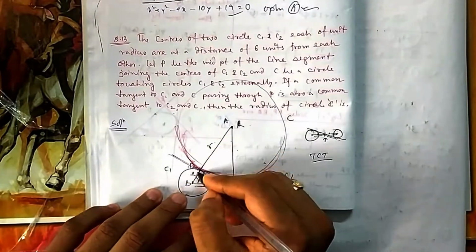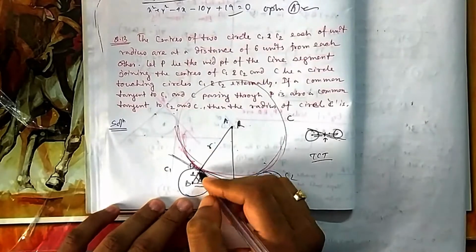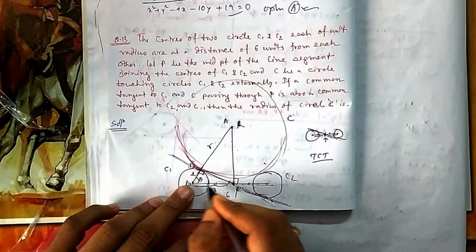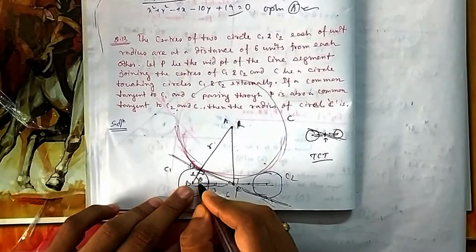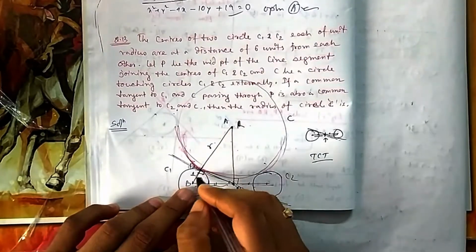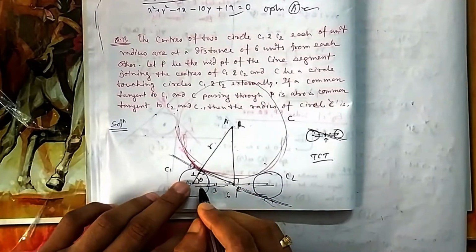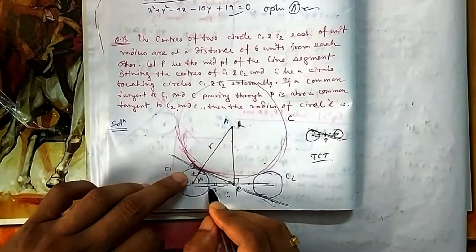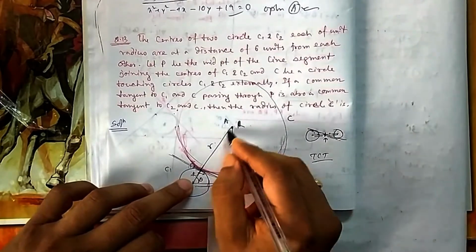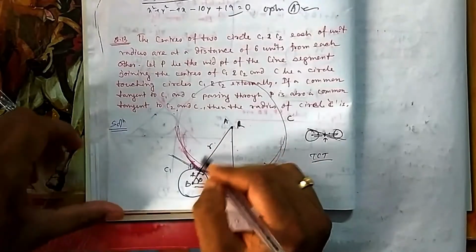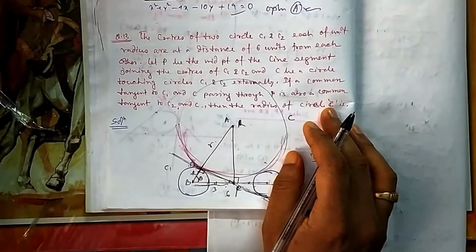If this is a tangent, then this line becomes a straight line. Then you can apply this theorem, because you know this length, so you can find this length and this theta, which is simple heights and distances. This by this will give you cos theta. So for the big triangle, cos theta will be this by this, where this is R plus 1, so that concept can be used to find this.